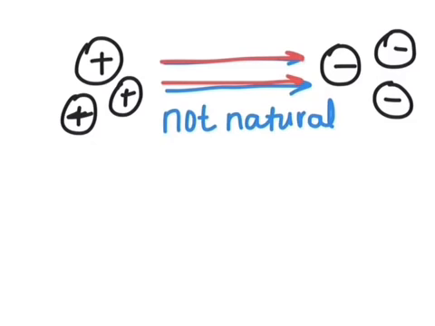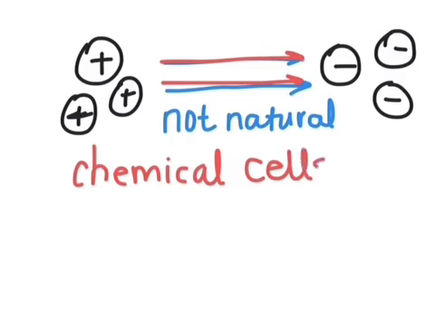Now, what is it used to actually separate the charges? Because you can't get some output with no input. In other words, I can't drive my car if I don't put gas in it. So where is the energy coming from that is doing the work? Well, inside the battery, there are chemical cells. We're not going to talk about how those work. We just are identifying that the chemical cells